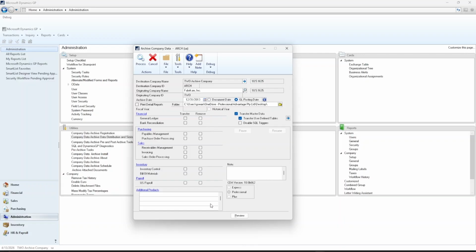But directly below that, you can see we have an option here called CDA Plus, which is an add-on to the professional version, but that would allow users to not only transfer, but also remove that third-party data, and you would see those modules show up under the additional products. If that is something that you're interested in, you can reach out to us at professionaladvantage.com and submit a form